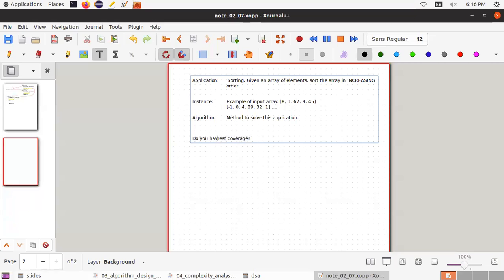Do you have sufficient, or sometimes it is also called code coverage. Do your tests have sufficient code coverage? What this means is